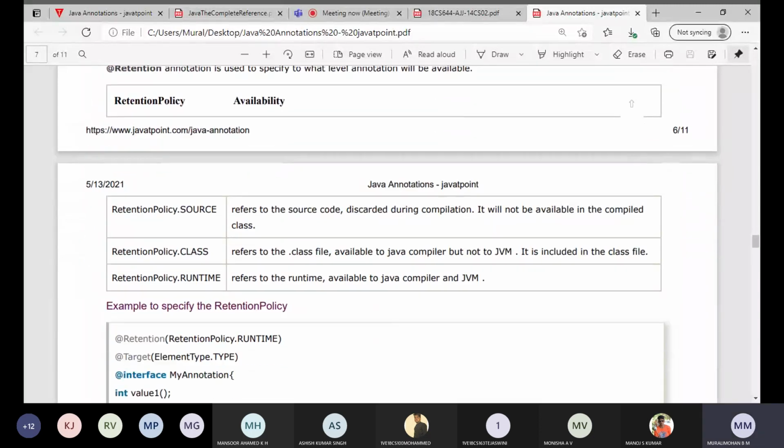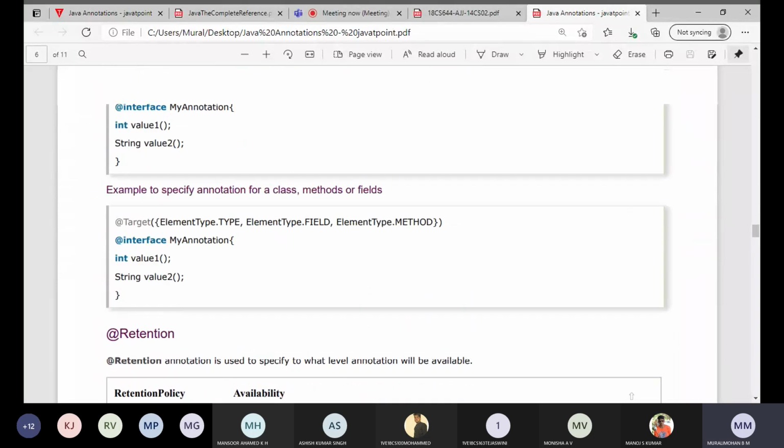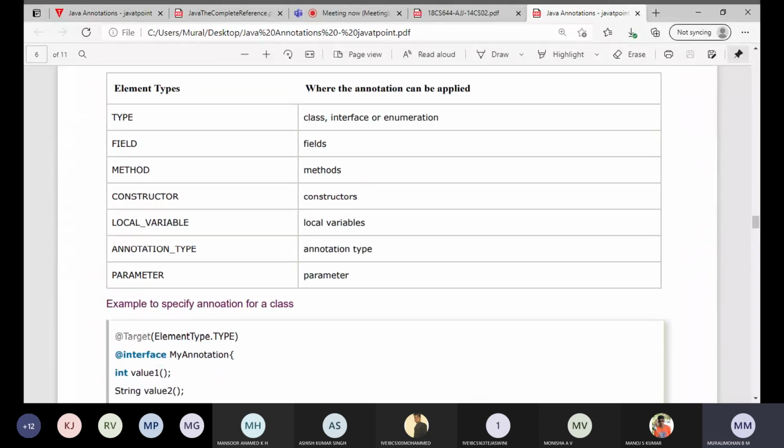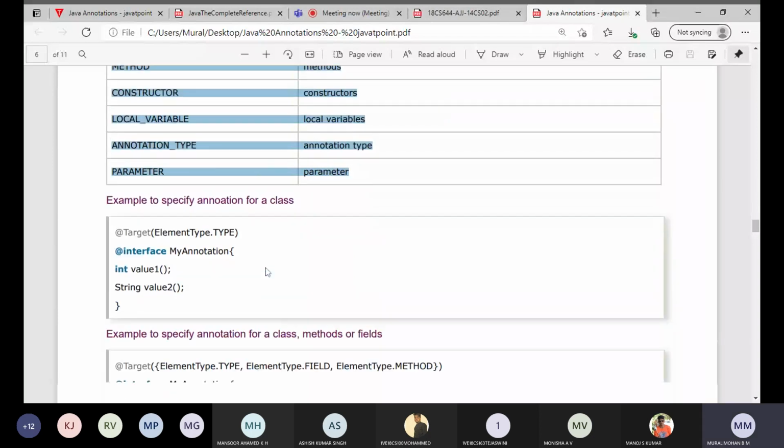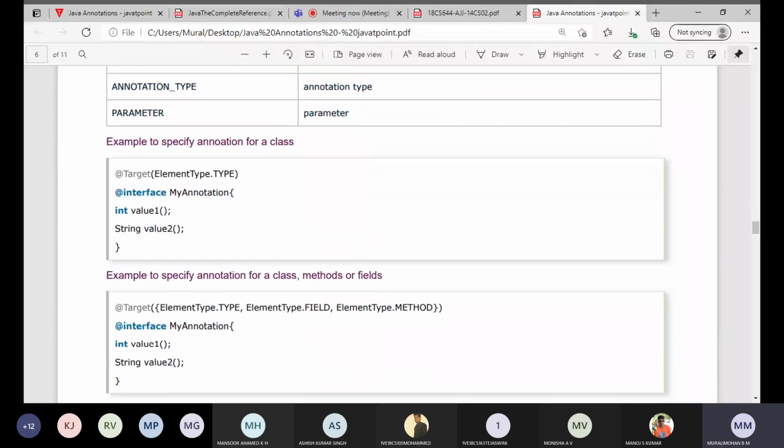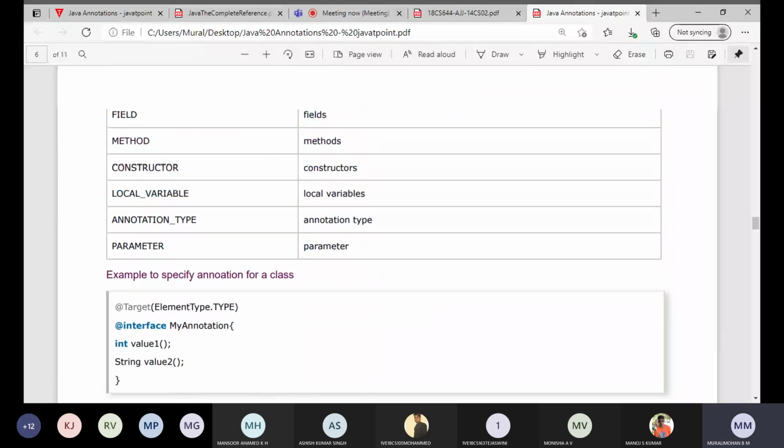Kindly note, retention policies we already know. This one is target type. How to specify it? Like this: at Target of ElementType dot, either type or field or parameter or local variable or annotation type, whatever it may be.